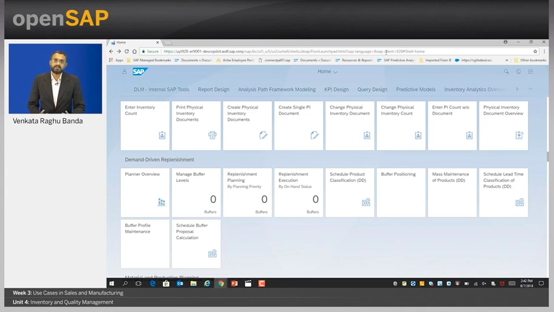I have the roles of an inventory manager, as well as a production planner, as well as an analytics specialist, and also a purchasing manager. That is the reason you see quite a lot of these different categories or different groups. So, I do not need to log off and log in, but this is mainly for the demo purposes.